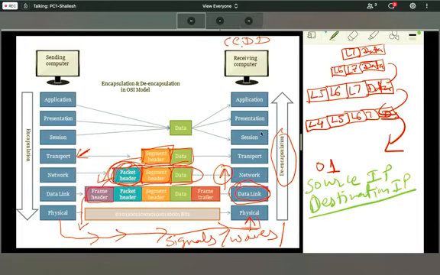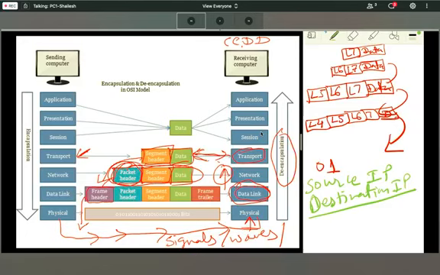Now the transport layer. When your data reaches the transport layer, it is segment header plus data, correct? So it will check the segment header. What will it check? It will check whether this data is a TCP connection or a UDP connection.